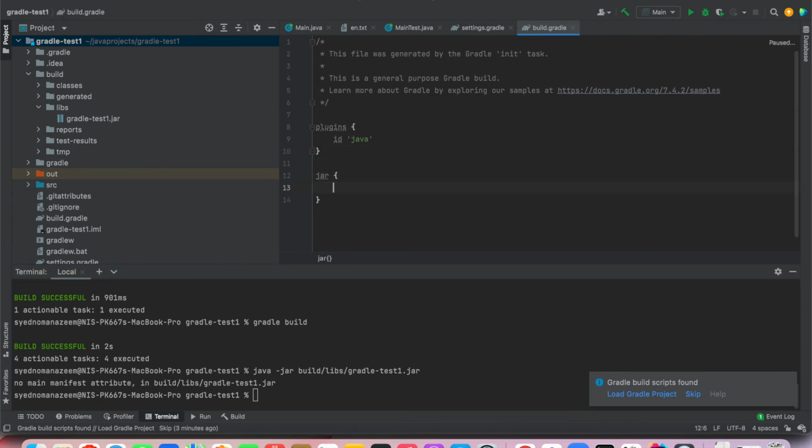Jar manifest attributes, Main-Class, com.nasm.main. Okay, now